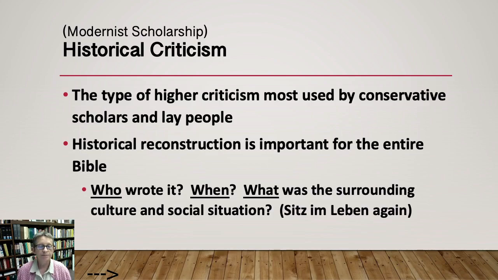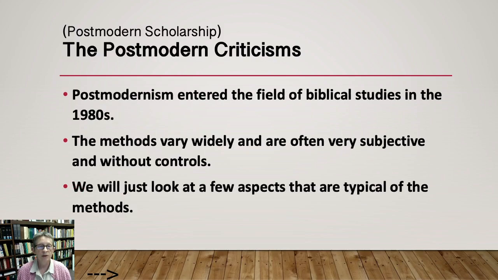There are others. Then we move to postmodern scholarship. I'm not going to go through a list of types of criticisms as we did in the modernist era, but instead we will talk about aspects of the postmodern criticisms. What you may want to take note of is that even though we are looking at a historical progression here, source criticism became form criticism, which led to redaction, which led to historical, and then the postmoderns came in the 1980s.